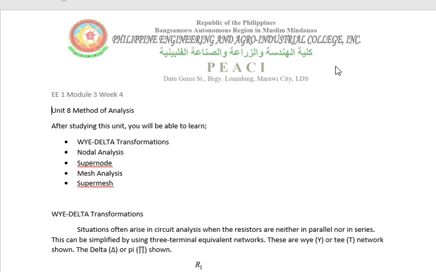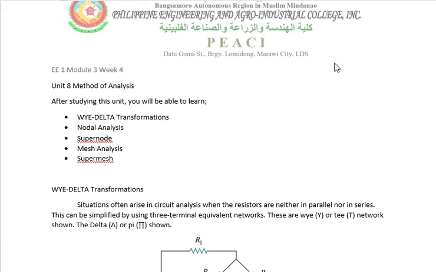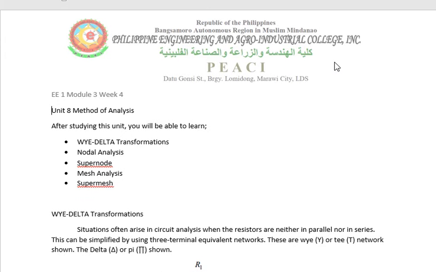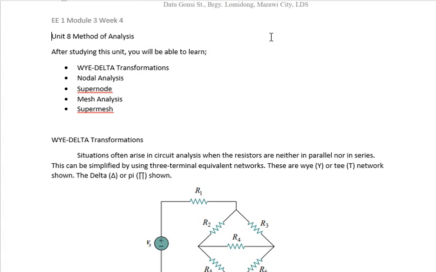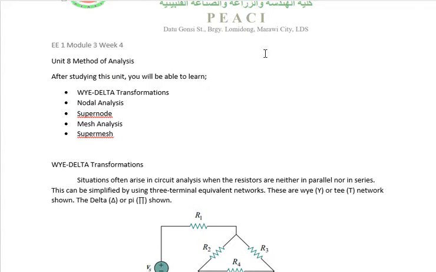Okay, so last meeting we have already discussed week 1 and week 2, which is the basic fundamental concept when it comes to dealing with electricity or electric circuit theory. We have already discussed the fundamentals of definitions and applications, or the basic idea on how to deal with the electricity or electric circuits. Now, continuing our discussion for week 3 up to week 4, we have to deal with the